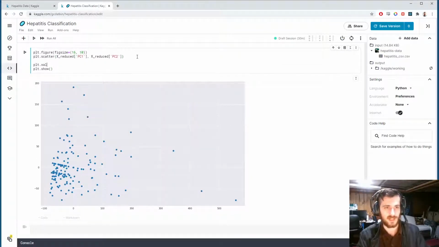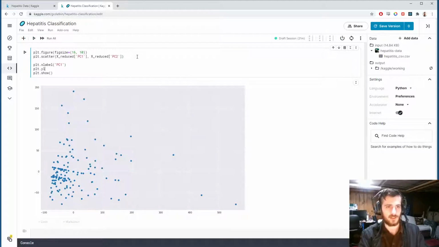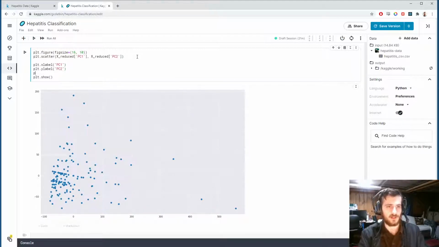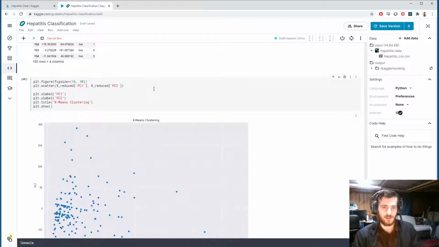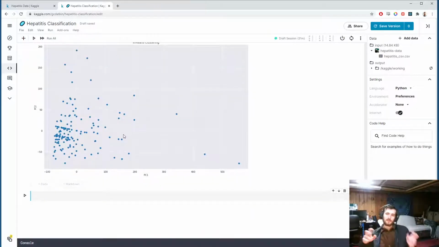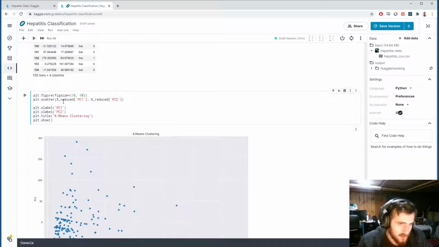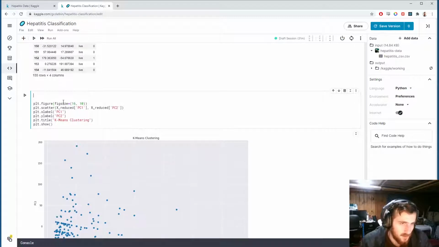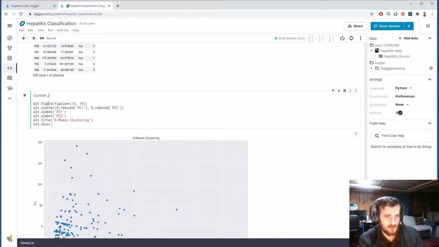So we've reduced the dimensionality down to 2 dimensions. Let's include some axis labels. So x label will be PC1. Y label will be PC2. And then we'll give it a title as well, which will be k-means clustering. So currently we're just looking at all of the examples as they are. Let's actually color code them by their cluster. So what we can do at the top here, we can separate the data into 2 sets. We can have the cluster 0 examples,